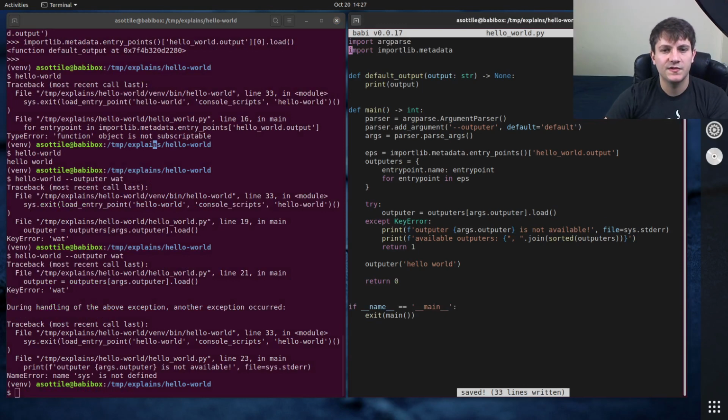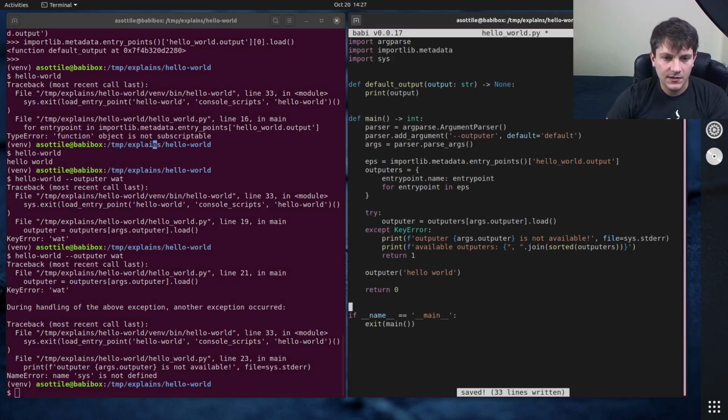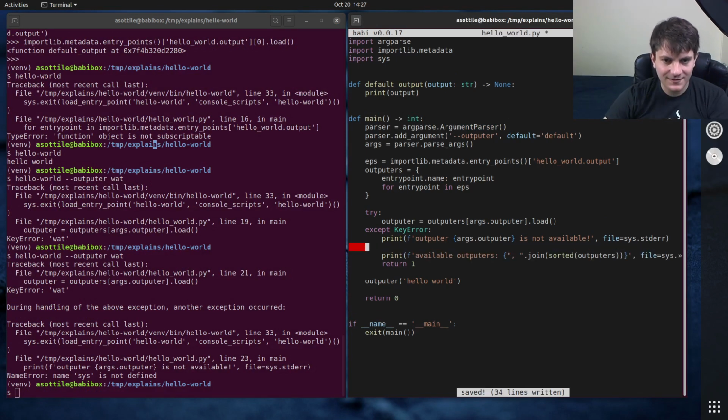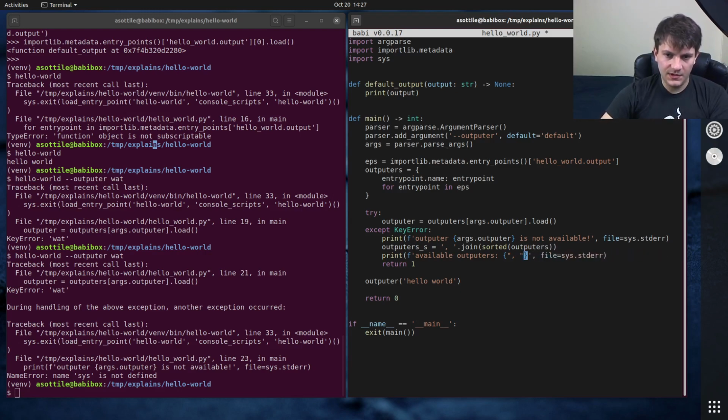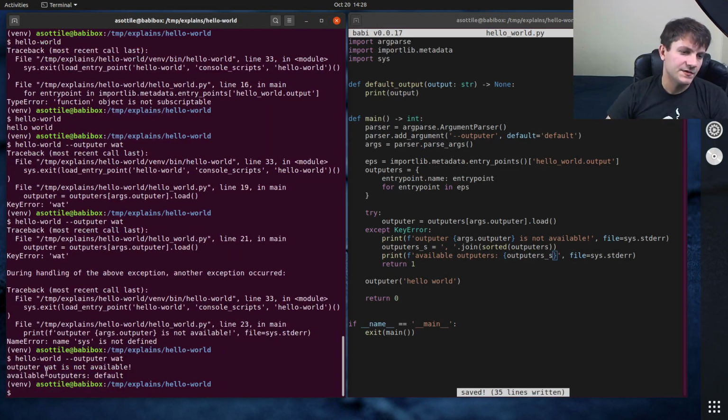Oops, we forgot to import sys. And we should also put this to standard error as well. Oh, it doesn't fit on one line now. Outputters_s equals join sorted outputters. We put this in here. Outputters_s. Okay, here. So outputter wat is not available. Available outputters: default. Cool. So we've built our basic skeleton for a program, and now let's talk about how we